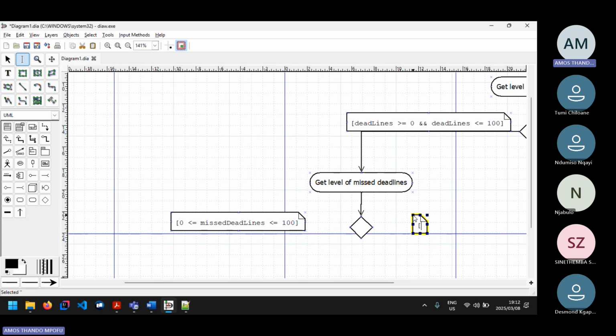Yeah, this one I can't. For this one, I don't have a choice. I can't write it in this form. All I have to do, because this one is one of two conditions. So missed deadlines is greater than, what is this, less than zero, or missed